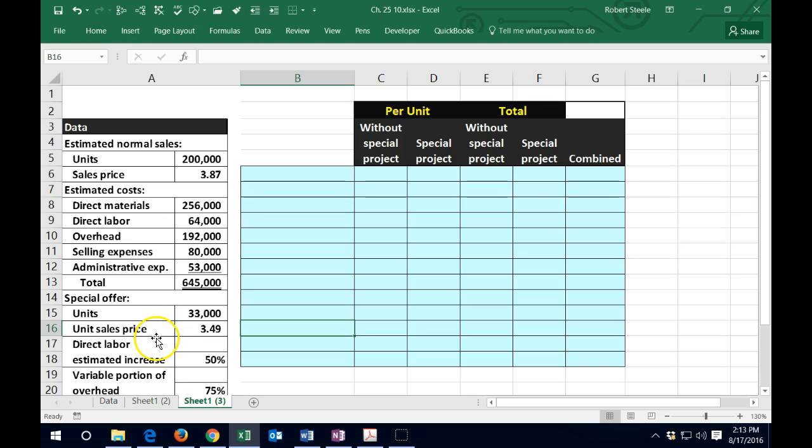Hello, in this lecture we're going to look at a common managerial accounting problem and scenario, that being when a special offer happens. We're going to talk about where we produce items and we have our normal sales price and our normal level of business, and then if a special offer comes in with an added number of units to produce at a special, lower price, then the question is, should we accept that special offer? Should we accept that one-time offer?